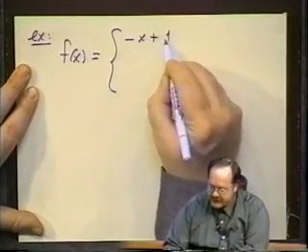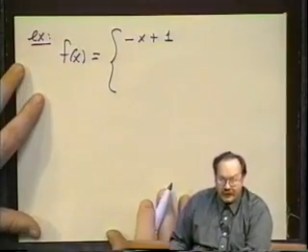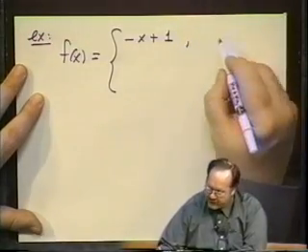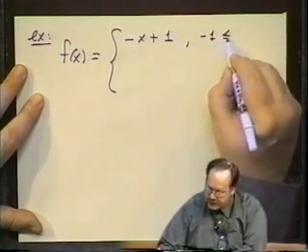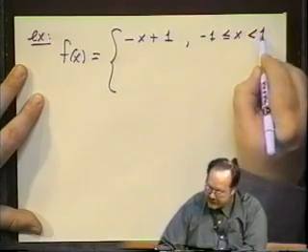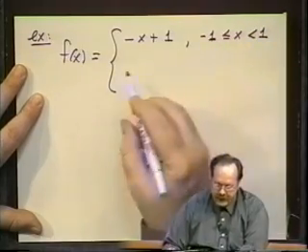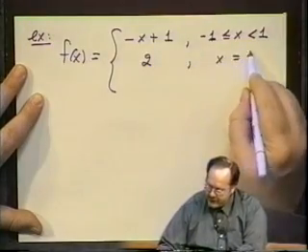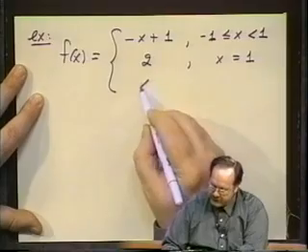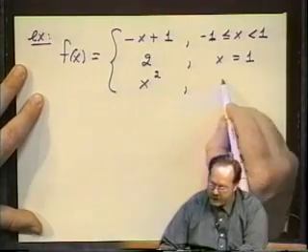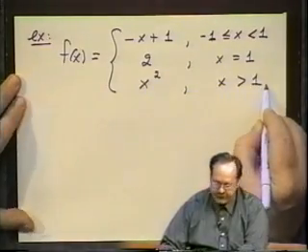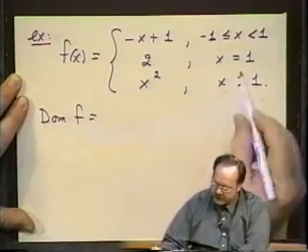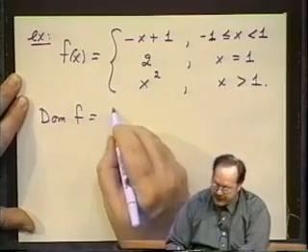Remember, pieces means anywhere from 2 to any number you like. Let's say that this is in just 3. Minus x plus 1, and that will work for -1 less than or equal to x and less than 1. And then the function will be 2, simply a constant function, when x equals 1, so that'll be 1 point. And then it'll be the function x squared when x is greater than 1. So it's clear here that the domain of this function, since these all link up nicely, is going to be